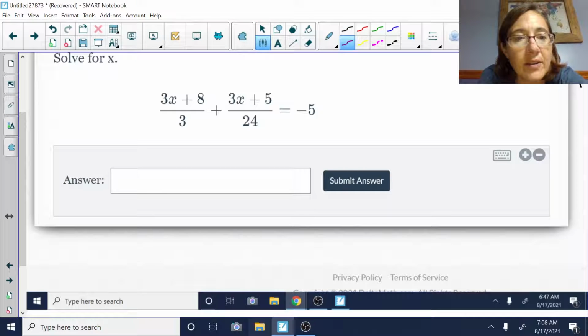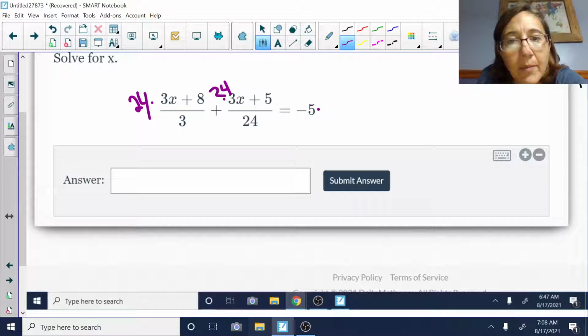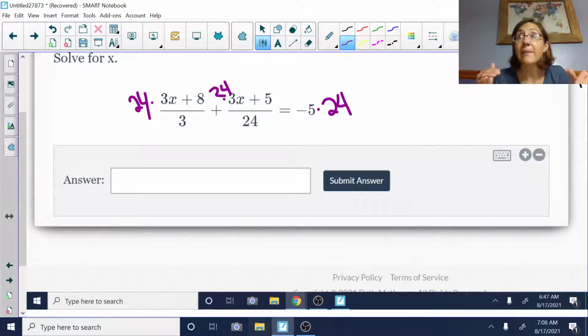So I'm going to do this in purple. I'm going to multiply it by 24 here. I'm going to multiply it by 24 here. And I'm going to multiply it by 24 here. It's like having 3 kids in the family. You got to give them all the same amount of candy or they get mad. So